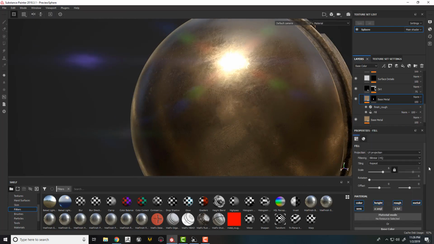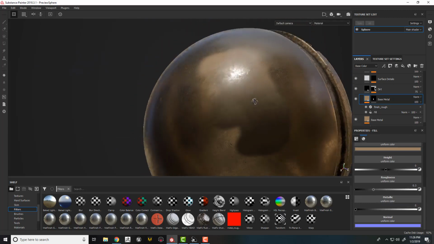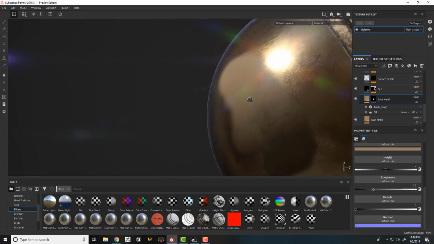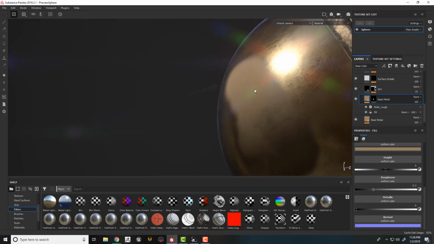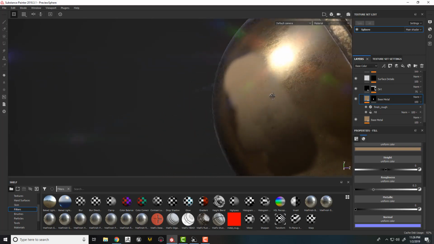But let's say I go to the fill layer and make it roughness, make the metallic black. You see our reflection has been changed to white instead of golden yellow color. It's reflecting back white. It's reflecting back golden yellowish. So right here, we don't have any metal. Right here, we have metal. So if I go to my metal map,